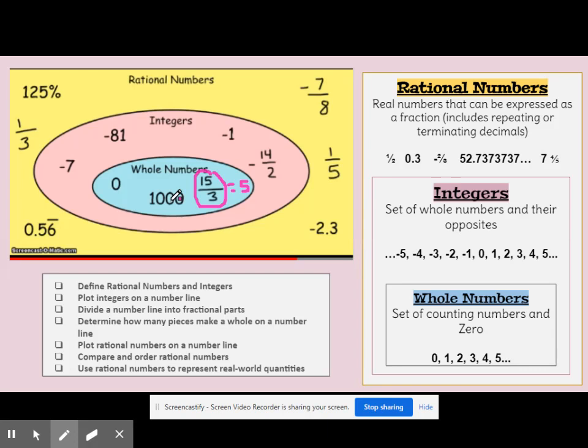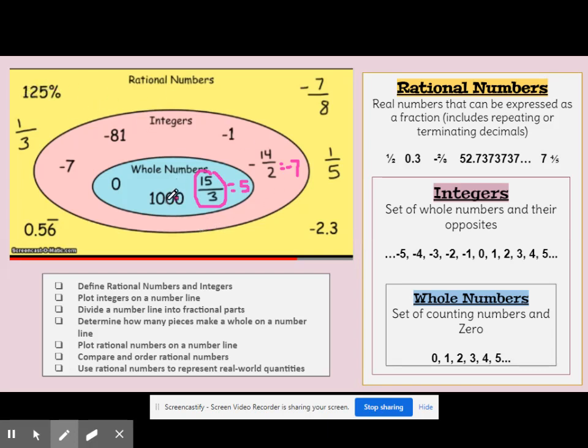Then when we get into 6th grade, we start talking about integers. These are the whole numbers and their opposites, including 0. So this is when we have positive and negative whole numbers, like -7, -81, -14/2 is actually just -7 in disguise. Okay, so these are positive and negative whole numbers. When you get to